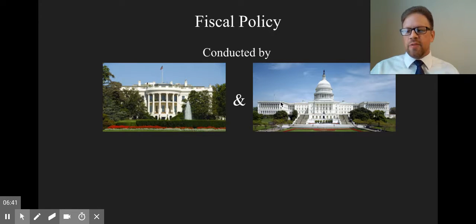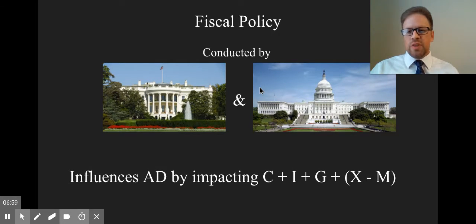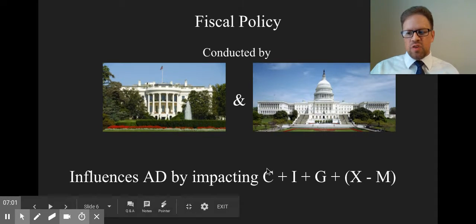Now, local and state governments can actually use fiscal policy also, yet their tools are going to be slightly different than the ones we're talking about here. But again, in this, we're going to be focusing on the federal fiscal policy. Now, fiscal policy influences aggregate demand by trying to impact things like consumption, meaning how much people spend, investment, government spending itself, and also net exports, possibly doing things to affect the products we get from other countries or the products that we produce for other countries.